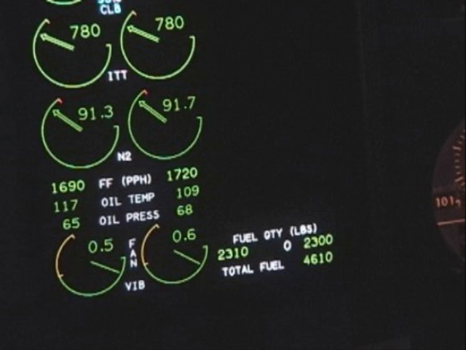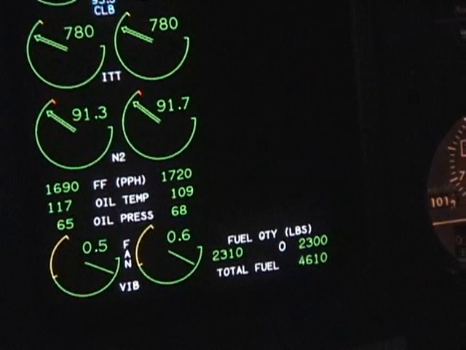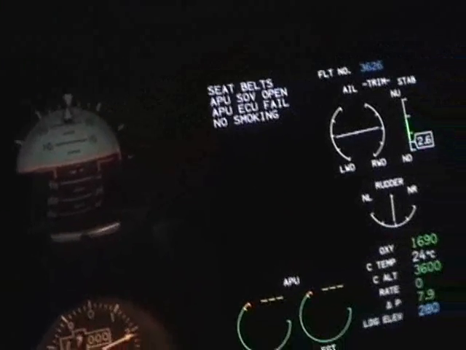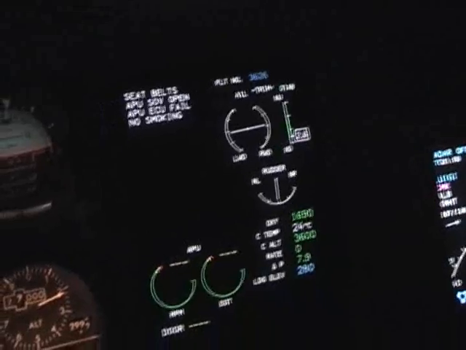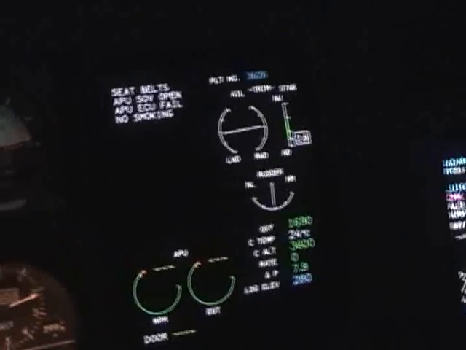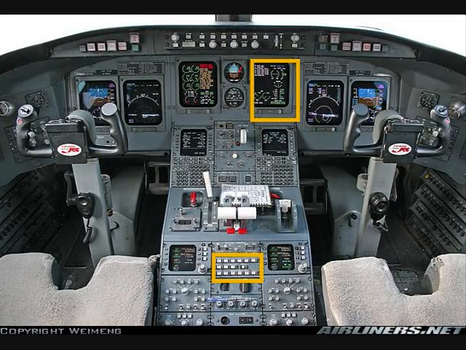See also the fuel quantity there, measured in pounds, and total fuel 4,610 pounds. Standby instruments, typical stuff there. Hopefully we never have to use those. And this is our systems page, basically. Here's an overview of the cockpit. You can see the buttons used down on the center pedestal, which control what's displayed on our systems page. This is a very useful